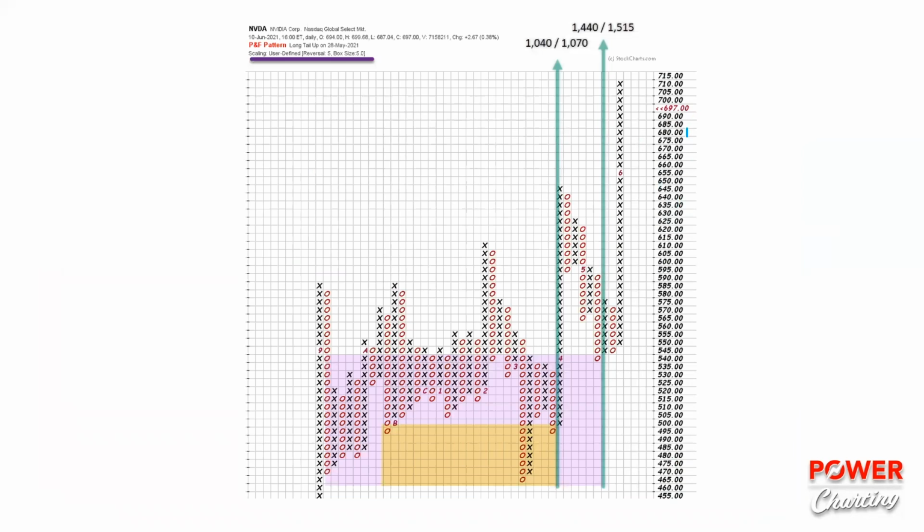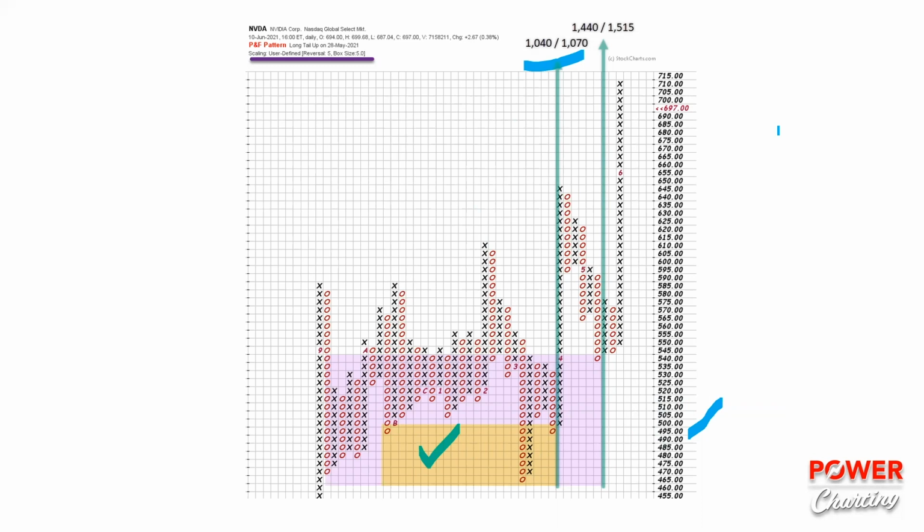Here is a point and figure chart. This is one of the things that we would look at to identify a campaign candidate, because we look for a 3-to-1 potential for appreciation in a campaign candidate as a rule of thumb. So here I have two counts. In here, this count, the smaller one, the count line is at 495 with a low of 465. This counts up to 1,040 to 1,070.